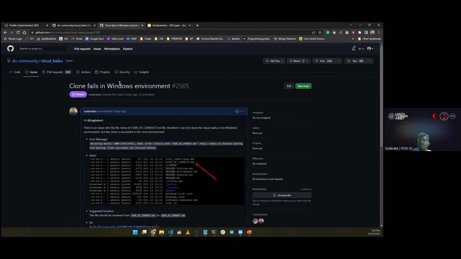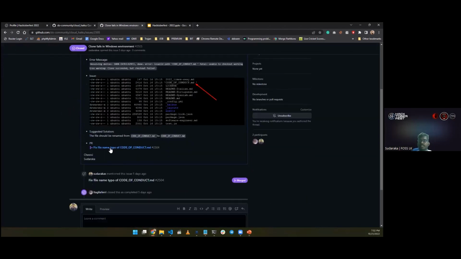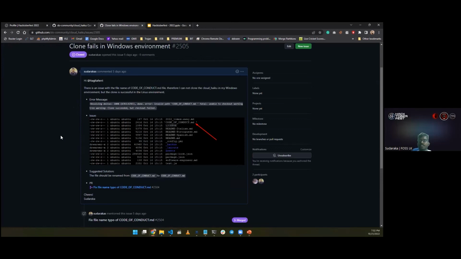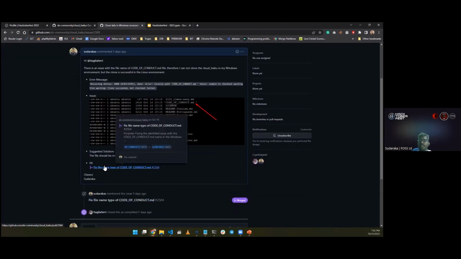So I created a separate issue in this Cloud Haiku repository to mention the bug, and I also added the fix here. So you can also find bugs or issues in an existing repository. You can create an issue like this, and also add the fix as well.